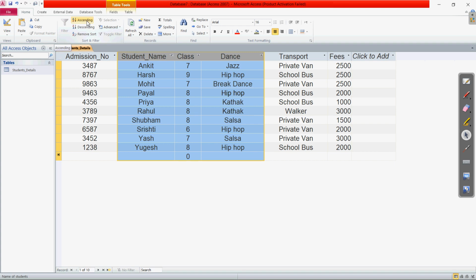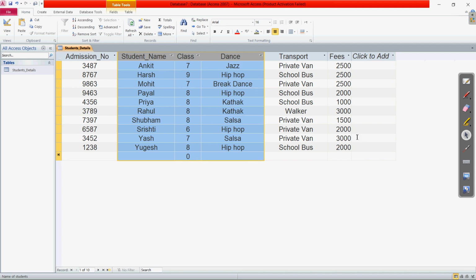The data will remain the same, but maybe a few things change. Right now we are doing the sorting on the basis of multiple columns. If I click on the ascending, it is near about the same. Yes, it may change if there are similar names, and after one column, if there is a second column, it is required to be arranged, so that will be done. Clear? So this way we can sort the things on the basis of more than one field.